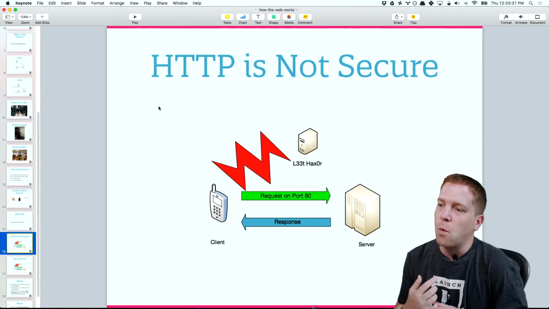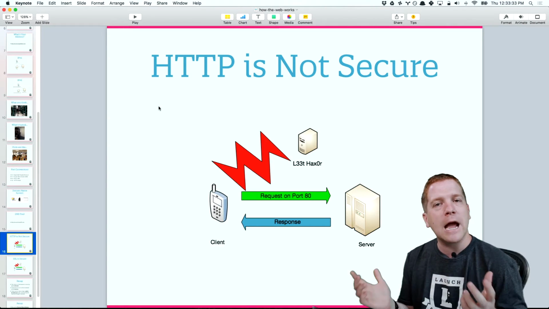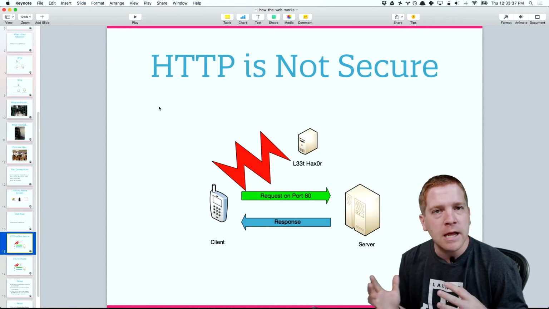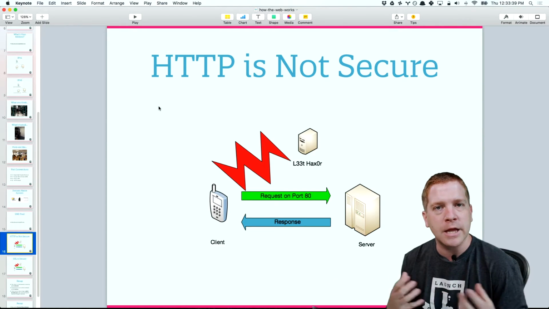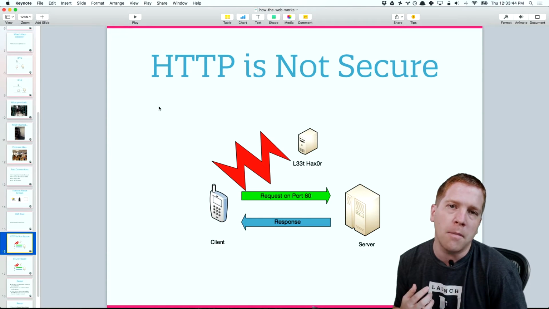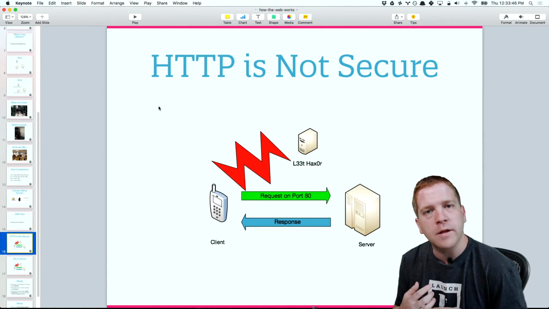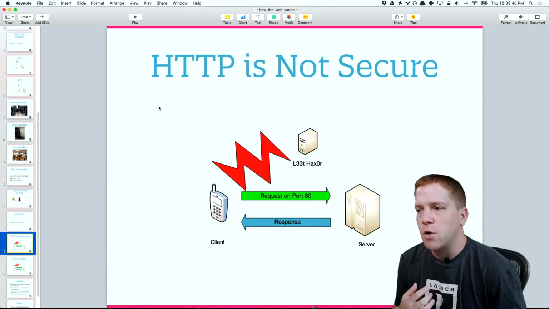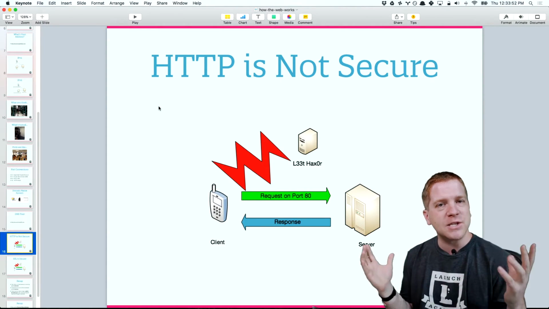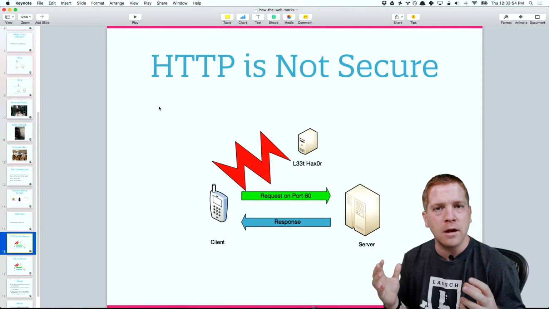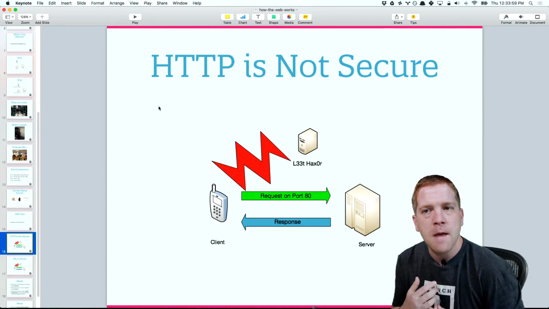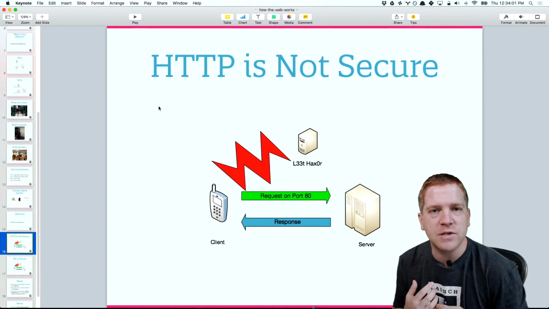But essentially, if you wanted to do bad things, you could sit out on the giant network that is the World Wide Web and listen in on the chatter between clients and servers. One thing that's particularly worrisome about port 80 is that it's what's called an unsecured channel. So if I am a malicious user, I can sit out on the network and listen in on the requests and responses happening between clients and servers and try to harvest